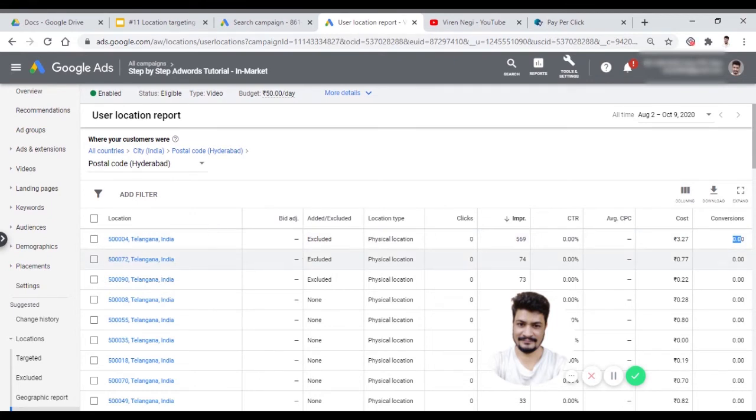And sometimes what happens is your competitors are searching for your ad again and again, and they click on your ad on a daily basis. So you can exclude that particular pin code where your competitors are, so that you won't get any fake clicks. Sometimes competitors do that. So maybe in upcoming videos, I'll create one video where I'll show you how we can avoid that if competitors click on your ads. I'll be guiding you on that part as well in upcoming videos.